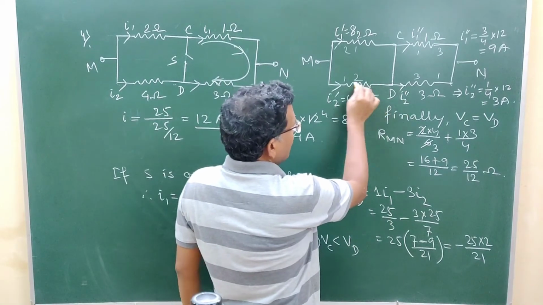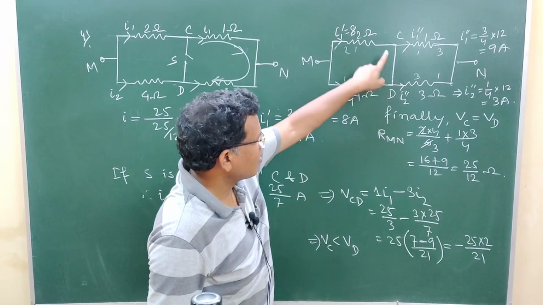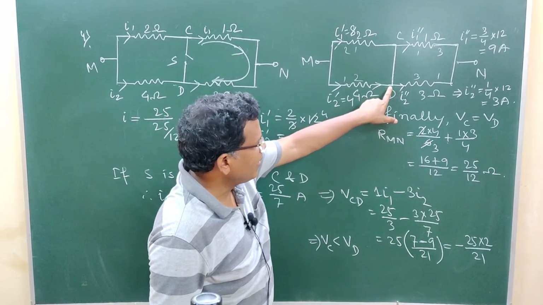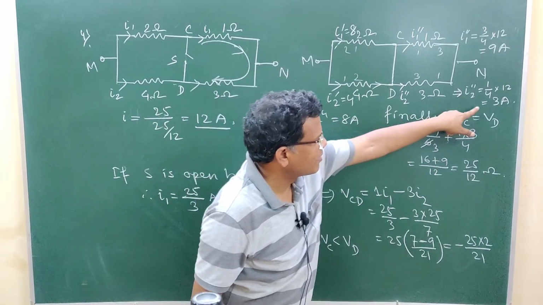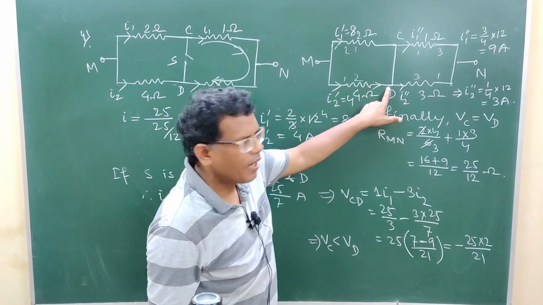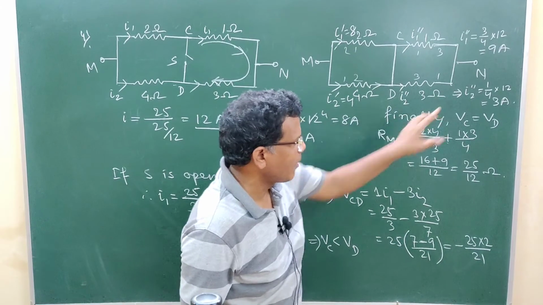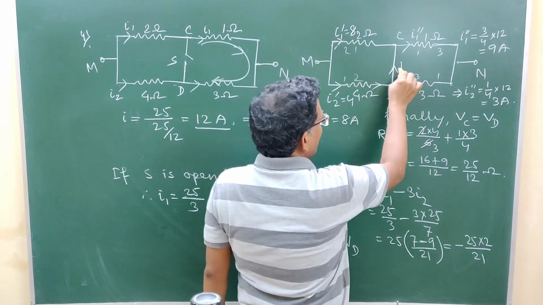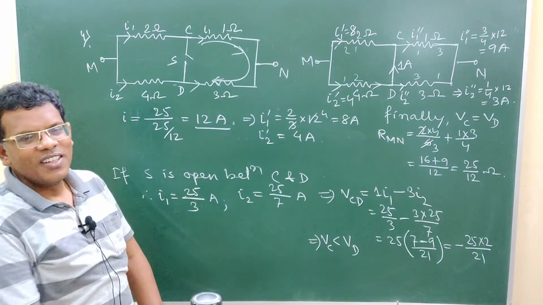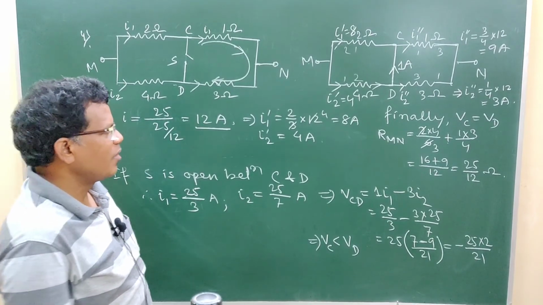Now come to conclusion. Here it was coming 4 ampere, isn't it? Now listen to it very carefully. In this branch, after closing it, in this branch I have calculated it 4 ampere. And from D onwards, it is going in this branch how much? 3 ampere. So at junction D, inflow current is 4 ampere, but here the outflow from this junction is 3 ampere. So obviously 1 ampere must have flown from D to C this way.